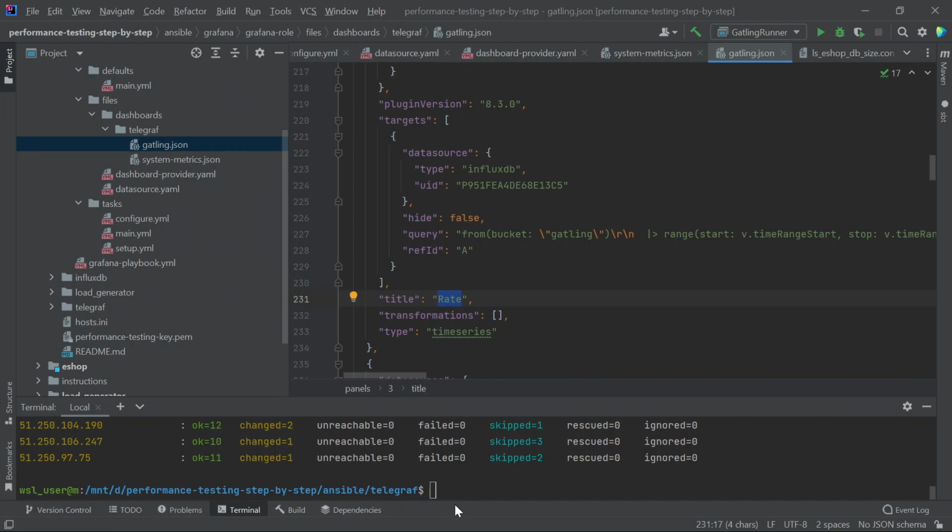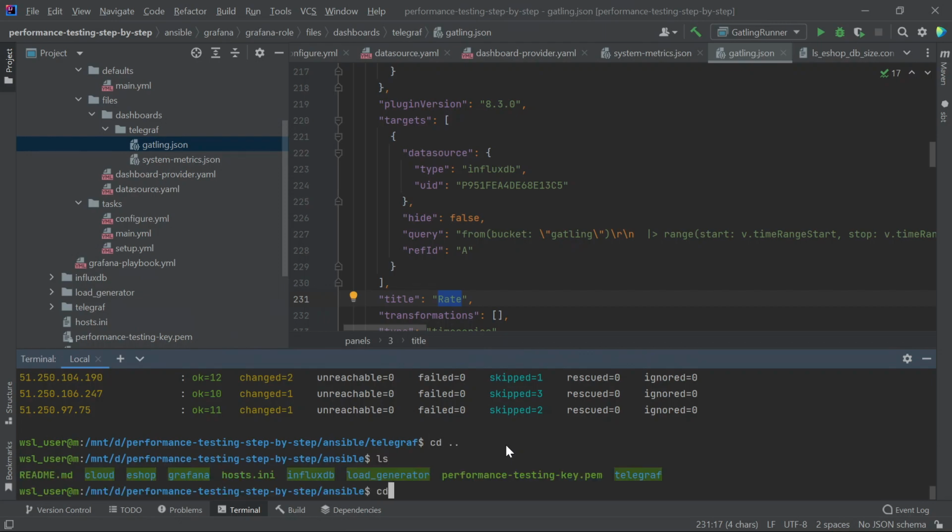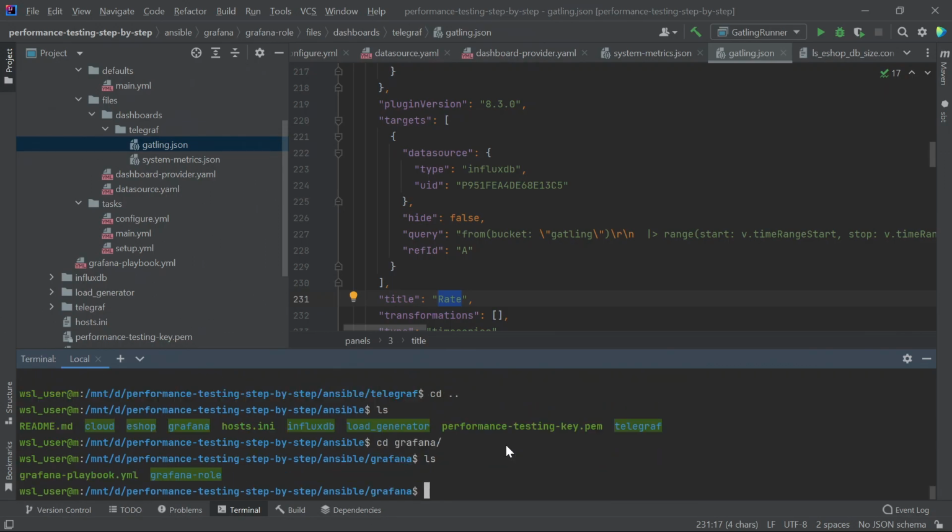Now all we have to do is launch the playbook, and after executing it, make sure that Grafana is configured properly. Go to the Grafana folder and run the playbook.